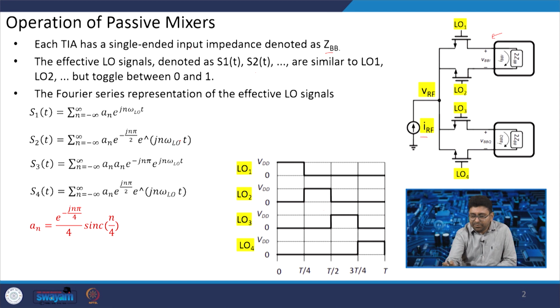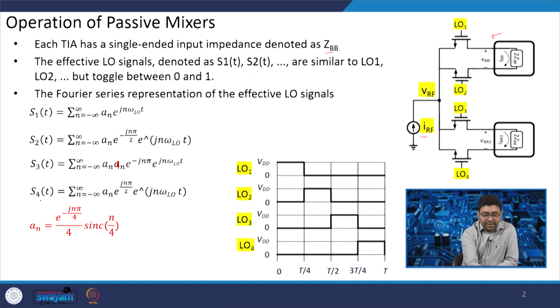So, the difference between LO1 and LO2 is a 180 degree phase shift. Now, there is S3, which is a 90 degree shift. So, we can write a_n e raised to minus j n pi e raised to j n omega LO t,